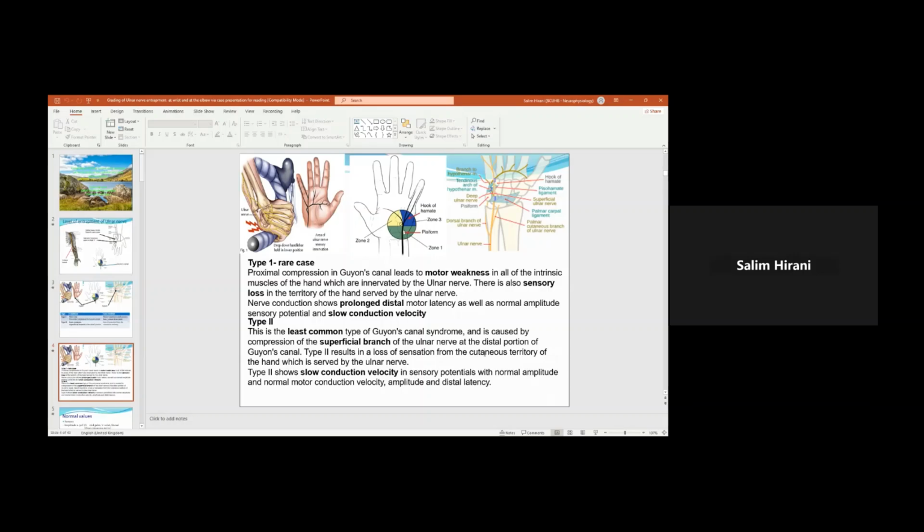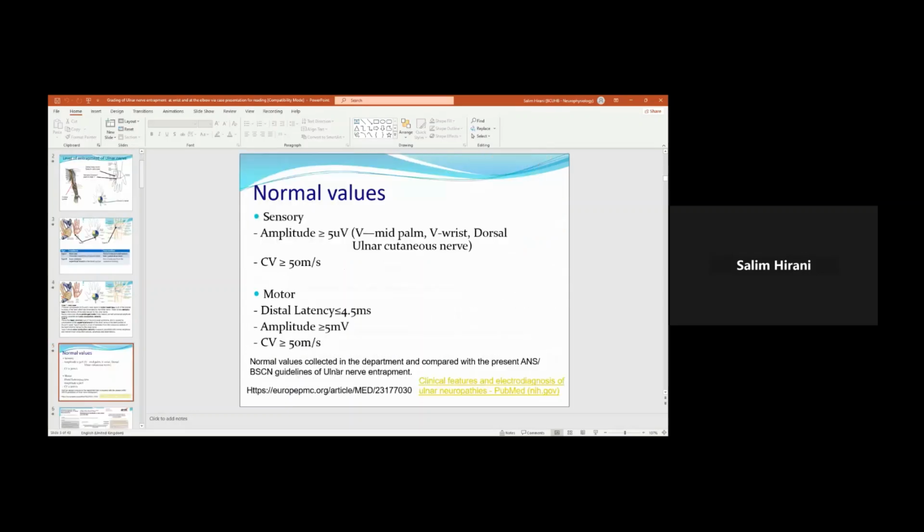The symptoms look almost the same as type 1, but the only difference is that in type 2 the sensory conduction velocity is slow. As compared to type 1, there is no slow conduction in the sensory. In this one, all of them are slow: palm to wrist, digit 5 to wrist, and dorsal ulnar cutaneous as well. So according to this,